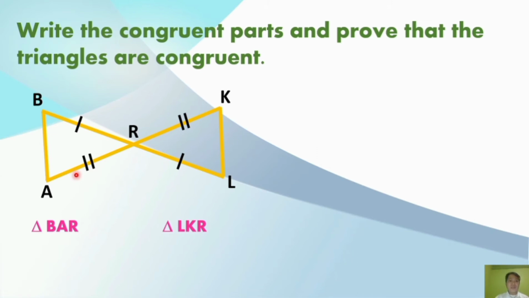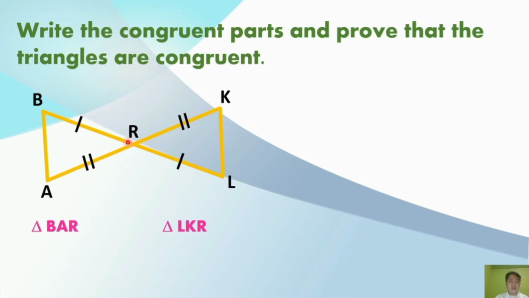No. So we are going to find another pair of corresponding parts that are obviously congruent. As we can see, this angle here and this angle here are actually vertical angles. When we say vertical angles, these are 2 opposite angles that are formed when 2 lines or 2 line segments